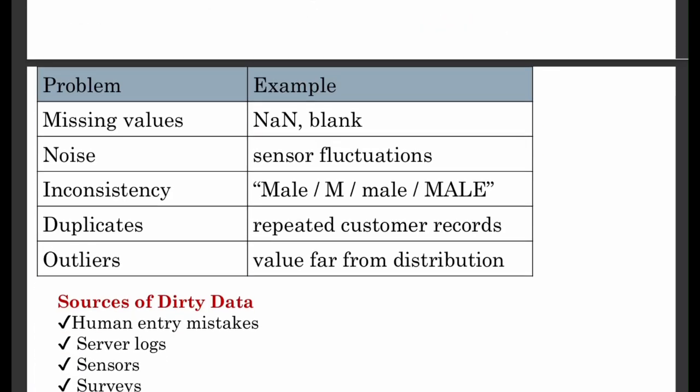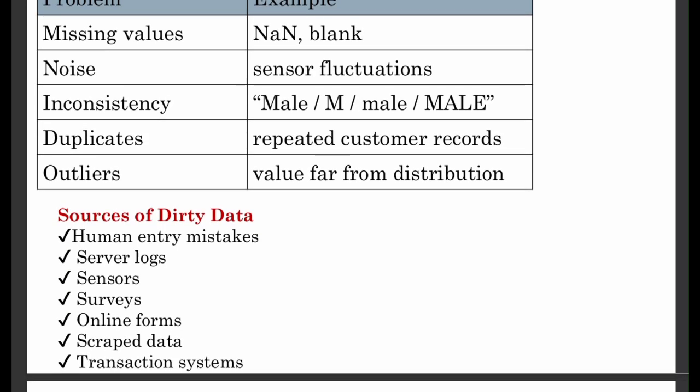Let me give you a quick but important reference on the types of dirty data you will encounter and where it comes from. Types of problems: missing values shown as NaN or blank; noise, for example, sensor fluctuations in IoT data; inconsistency, the same gender might be recorded as MALE, capital M, or small male, or capital MALE in the same dataset; duplicates, repeated customer records; and outliers, values